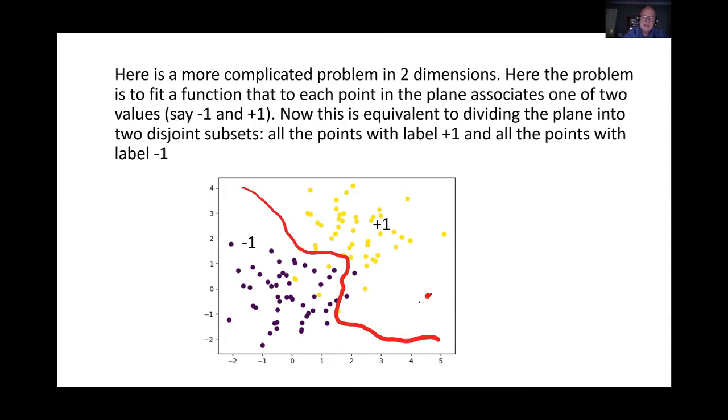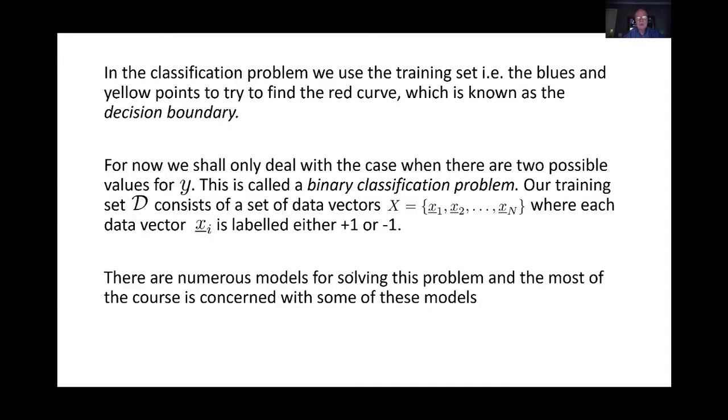So basically, the categorization or the classification problem in the case where we only have 2 categories is to try to divide the space of data vectors into 2 disjoint pieces, so that we can use those to predict when we get a new data point, data vector. So for now, as I said, we're only going to deal with the case where we have two labels,